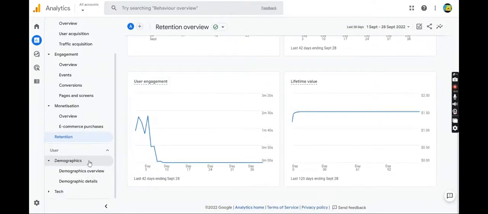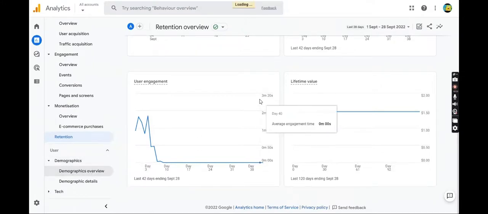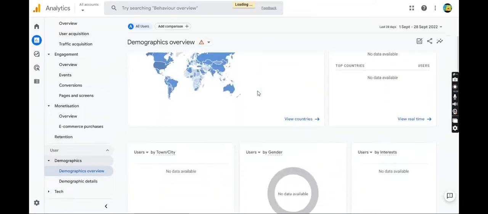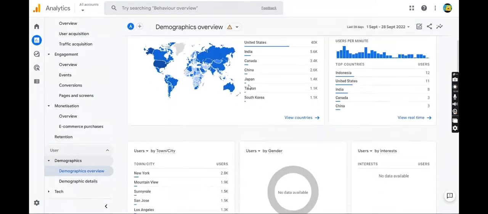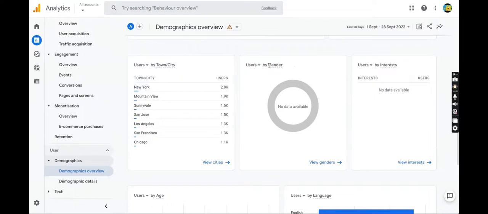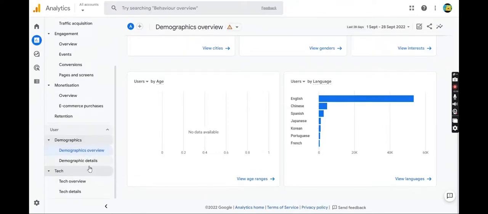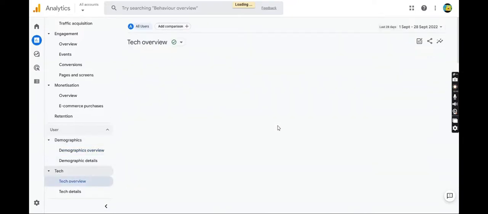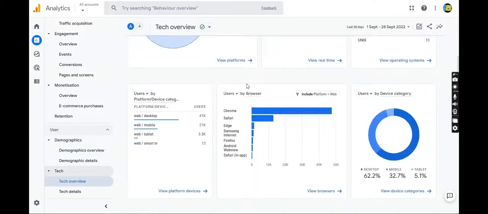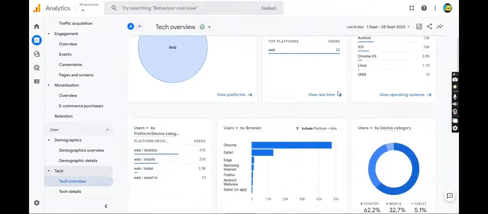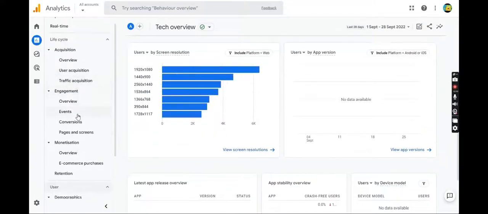Then you can also go deeper into it by going into demographics overview. It shows users by gender, by age, by country, by town or city, by interest, by language. All those things come under demographics. And there's an option of tech also, like what platform or device they are viewing it from, users by platform, by browser, by operating system, all of that. Then if you go back to your pages and screens,